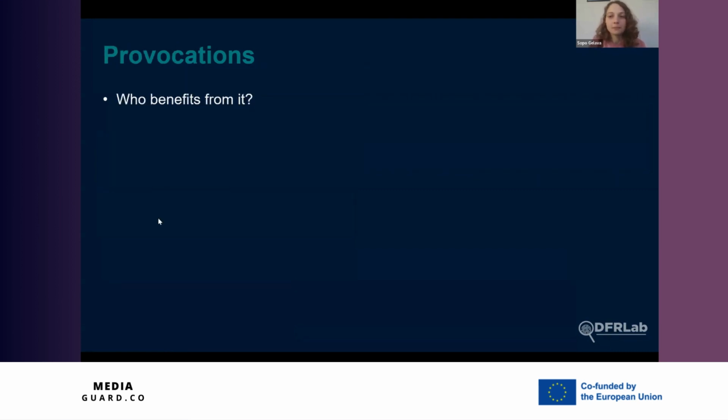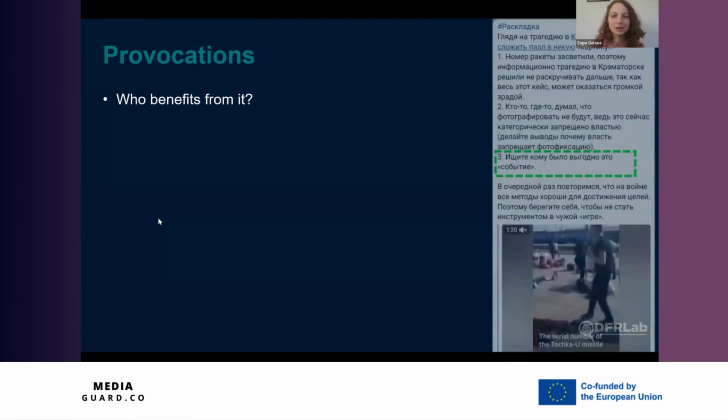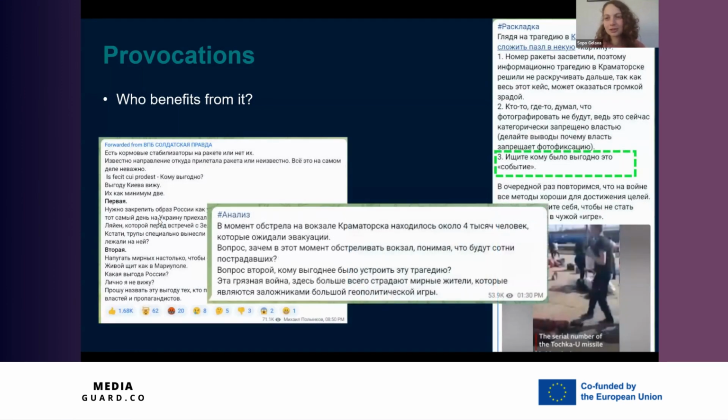Another interesting thing is, again, shifting from these old propaganda techniques, provocations or provoking questions, which is also very fun sometimes. This so-called clever question of who might be behind this, who might benefit from this, and we have multiple examples. This one is from the bombing of the Kramatorsk railway station in Ukraine, and Russian Telegram channels posted this question, seek those who might be benefiting from this.